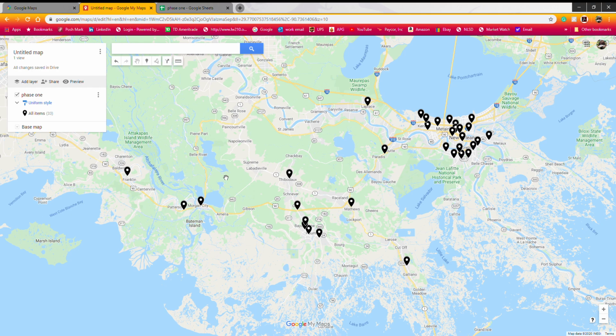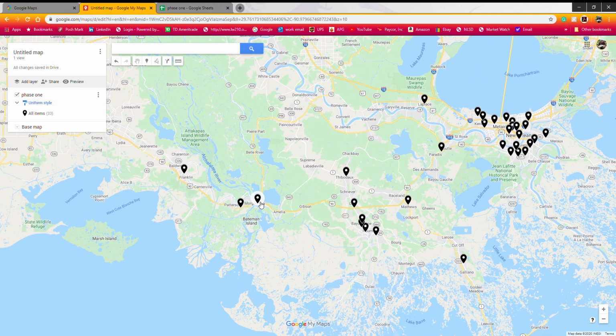Now what we want to do is get directions. And the one thing you want to remember whenever you are getting directions or using this as a directional map is that you want to start at your home base and go to the furthest point as your starting point, from home to the furthest point, and then work your way back to home. So you'll want to create a new layer here, and this is going to be a directions layer. So just want to click on Add Directions,